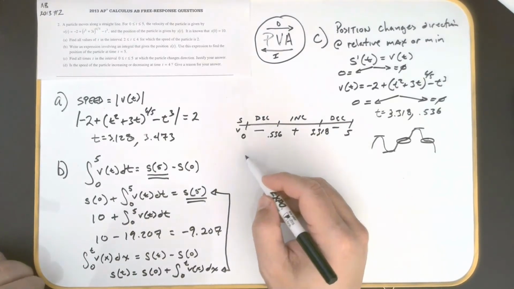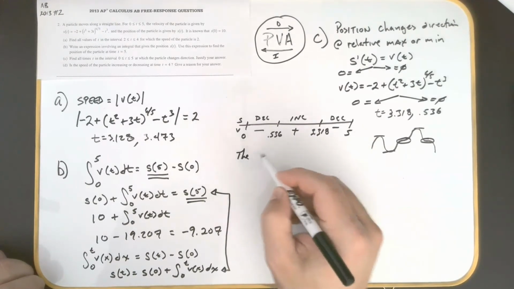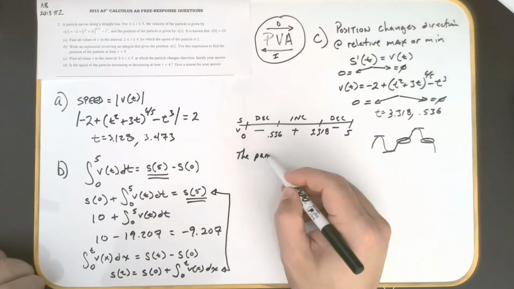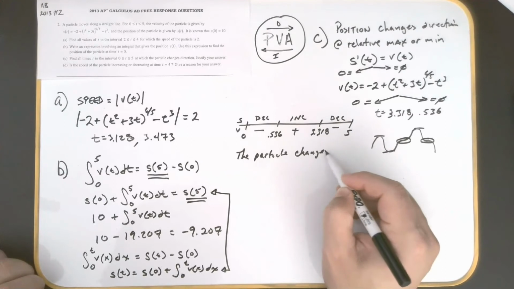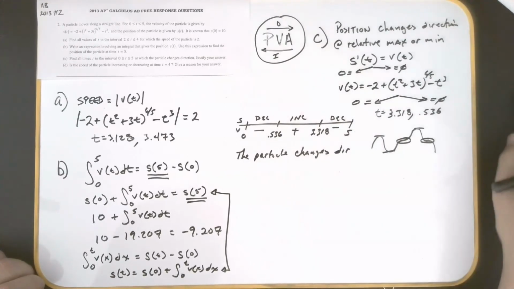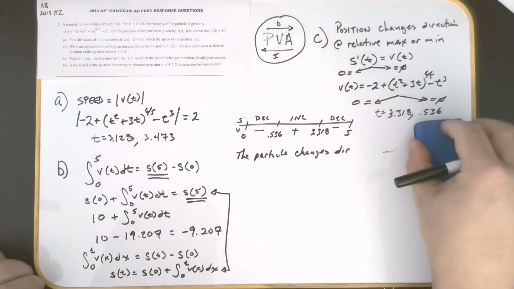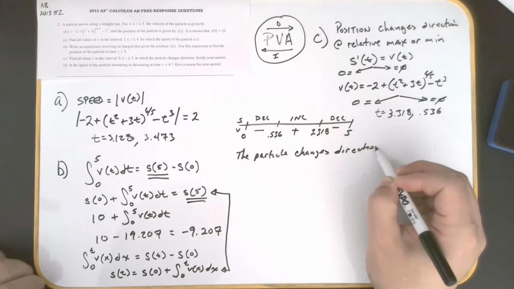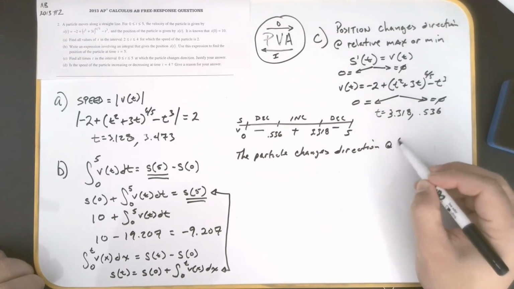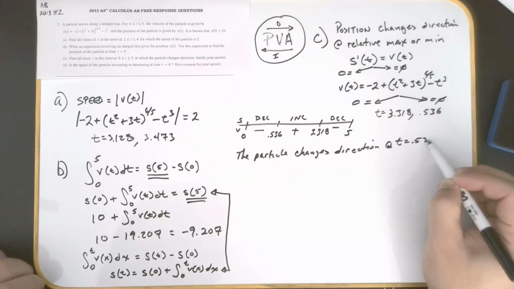So we can say, very confidently, the particle changes direction. And we don't need this little sketch here anymore. The particle changes direction at t equals 0.536